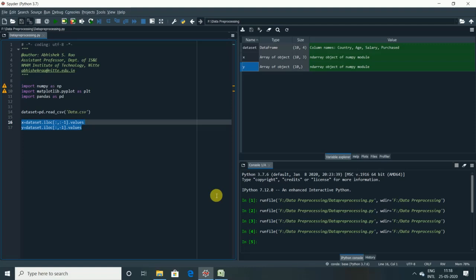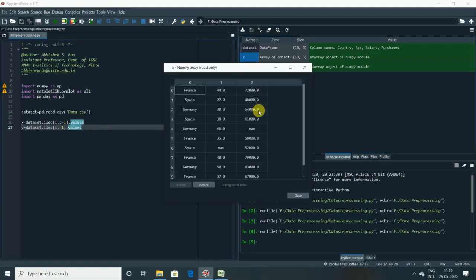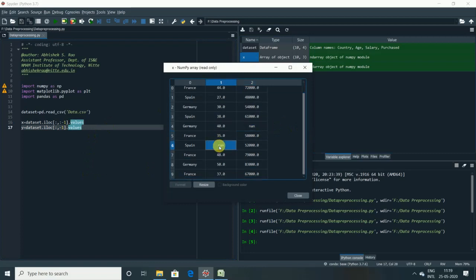So now let's add a new tool to our data pre-processing toolkit, which is taking care of missing data. You had seen, right, in X, there are some missing data. You can see NaN. And also in age, you see one cell we have as not a number, right? NaN. These are the missing data in the data set. Now our main job is to fill this missing data. Now we'll see how to fill it. Are we going to delete those instances, or are we going to use some other strategies to fill that missing data? I recommend not deleting those particular instances.